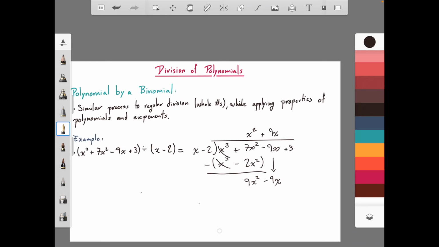So 9x times x is 9x to the second power, and 9x times negative 2 is going to be equal to negative 18x. And we're going to subtract all that, and this cancels out, and that one becomes a positive one, so that becomes 9x